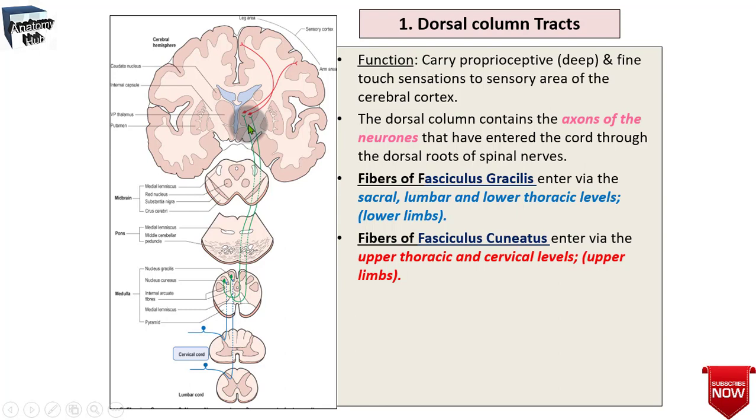So, a few second order fibers from the nucleus cuneatus pass onto the accessory cuneatus nucleus, and from the accessory cuneatus nucleus these fibers will go towards the cerebellum as the cuneo-cerebellar tract, and the fibers are known as the external arcuate fibers. So this tract is mainly responsible for carrying the muscle joint sense information to the cerebellum.